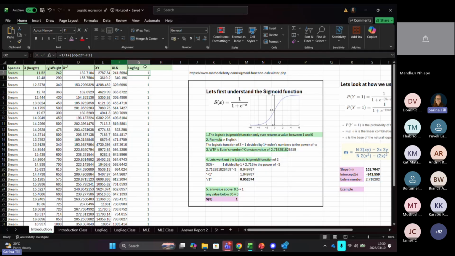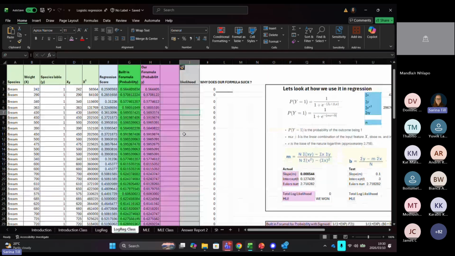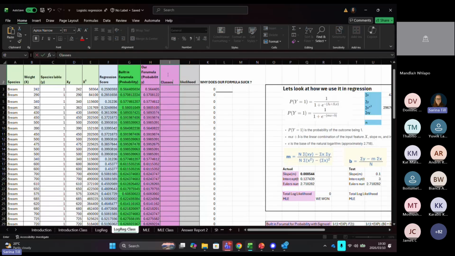Basically, what you then want to do is an if function in Excel, where you want to show the classes. But this is going to be totally wrong, because with logistic regression we actually have to do quite a few iterations of MLE. So remember when we spoke about gradient descent. I'm going to go back